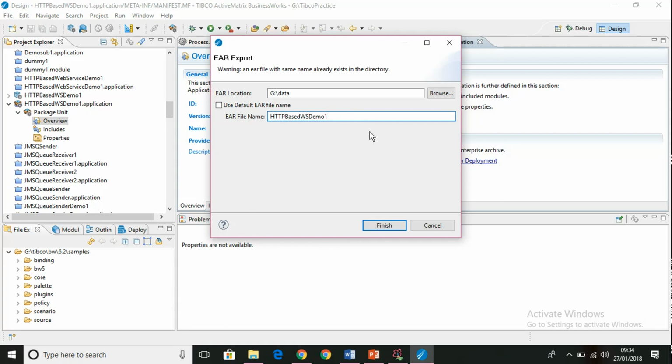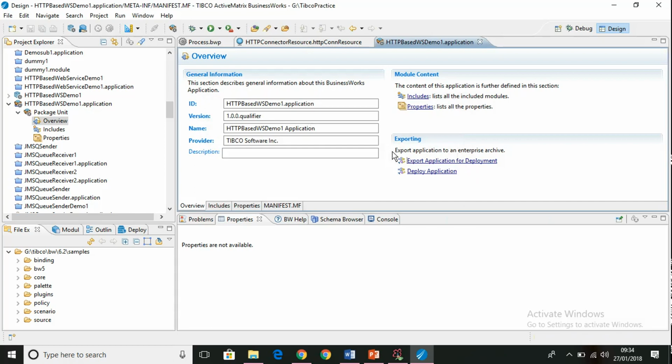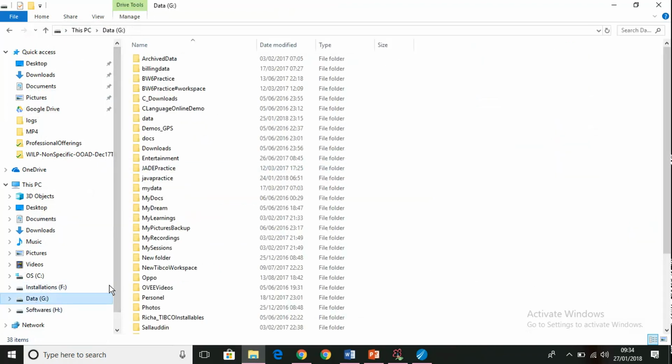Okay, so that EAR will be created. Finish. It is creating the enterprise archive file. Let us check whether it is created or not.